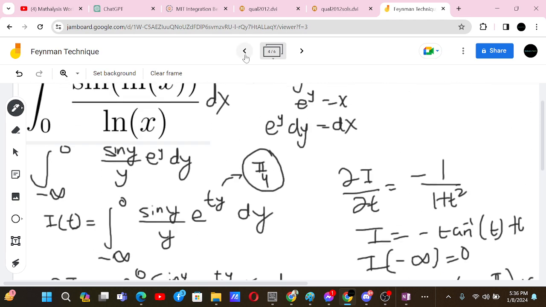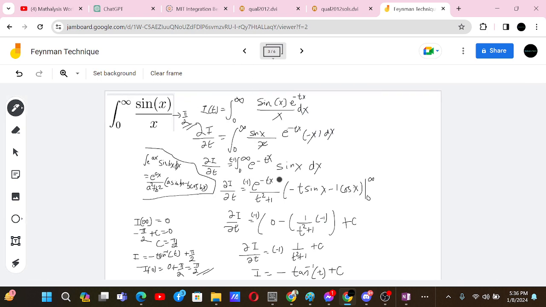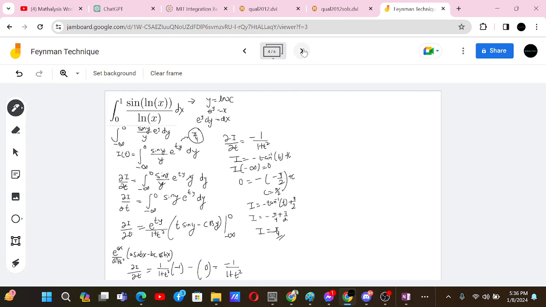From the previous integral as well, if you just put t as minus 1, we will get the required integral that's there in the problem right now. If you put t equals minus 1, this will be tan inverse minus 1, that's minus pi by 4. Okay, so if t was minus 1, so don't we get